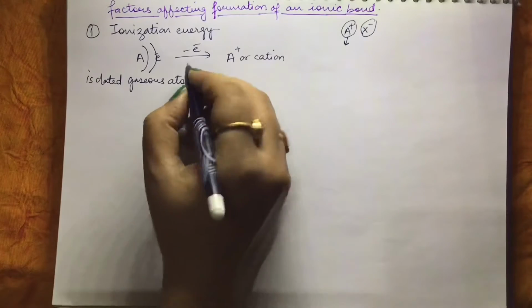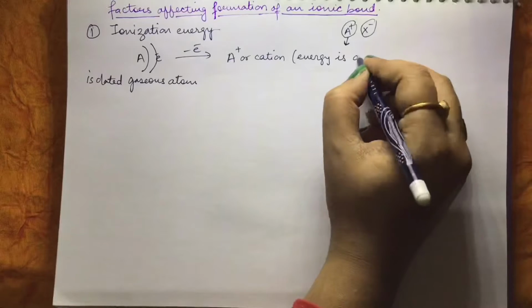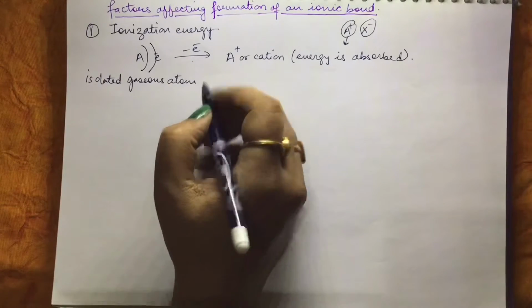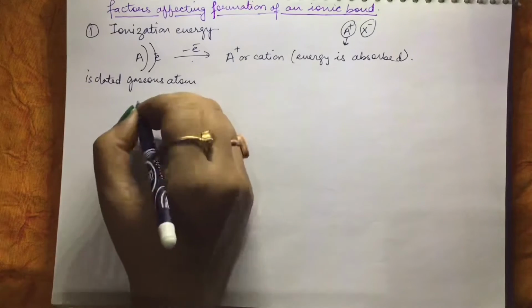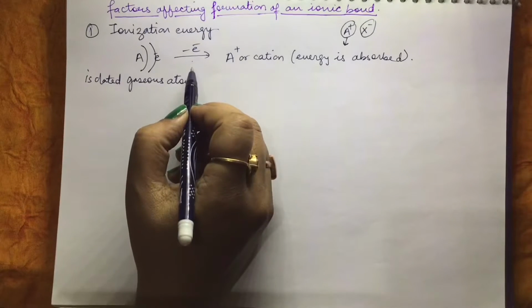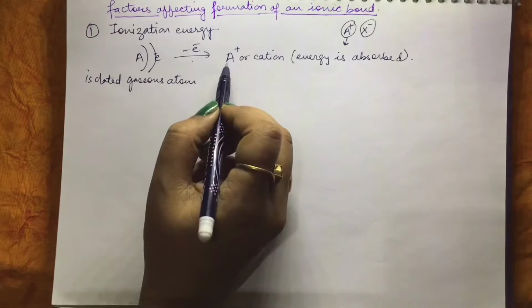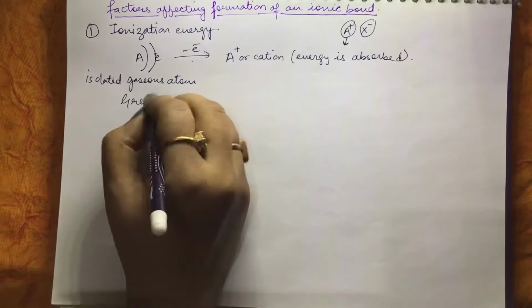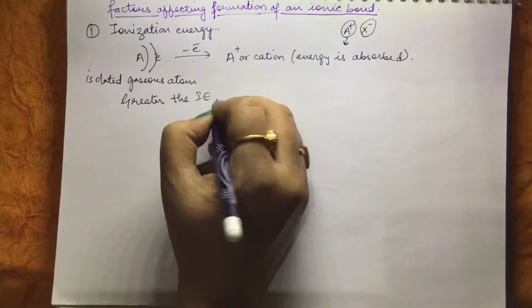In this process energy is absorbed. So formation of cation will depend upon this energy that is being absorbed during this process. So greater is the ionization energy, meaning greater is the energy required to remove this electron, more difficult will be the formation of cation. So we can write greater is the ionization energy,